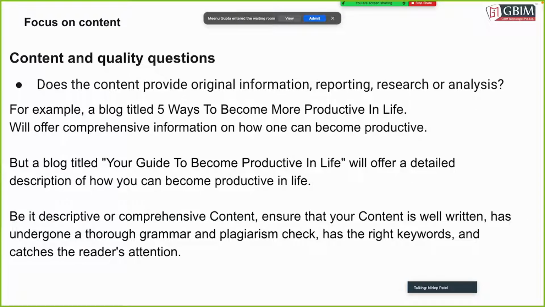Whatever the information, research and analysis. For example, a blog title, I give you examples of this blog title. But always, the first parameter is important: original information. The information should be original. When we are writing for any particular account or something like that, at that time we do detailed research. We have to gather information, gather reports, research, analysis, and then start the writing. This is the basic fundamental to write any content.